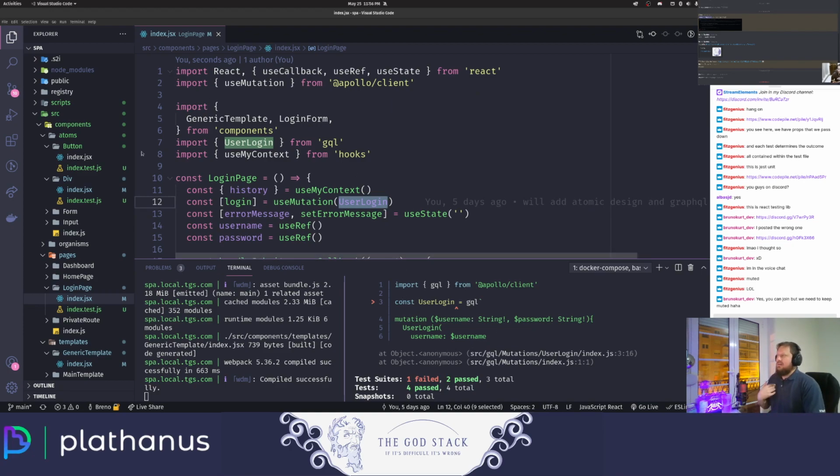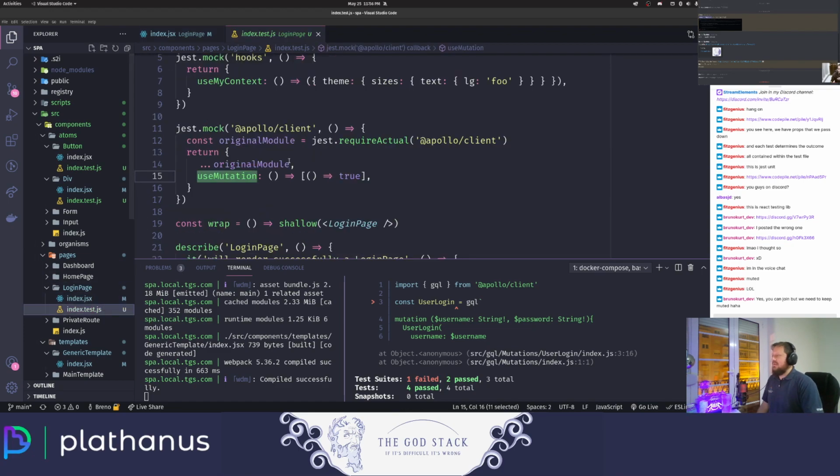So what I'm saying is this function will just return true in order for the component to render, but everything that's a dependency will be there as well if it's needed, and in this particular case it was needed. So this is the reason that I've done that. If you need to mock a library, for example from Node modules, you can use these kinds of things to make everything